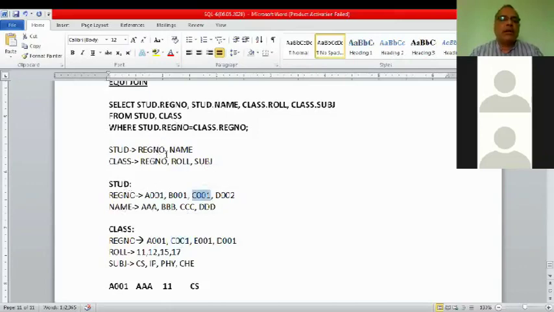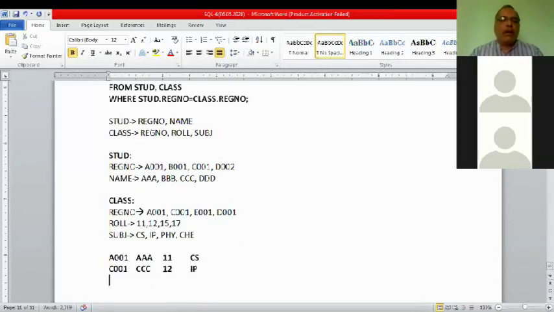What is the third record? C001. What is the third name? CCC. And here C001 is the second record. So the second roll number will be coming, 12, and second subject of this table will be coming, that is IP.